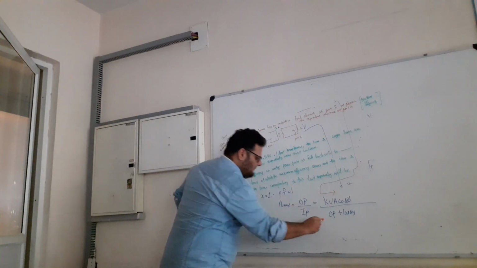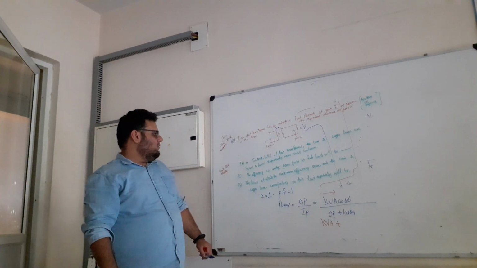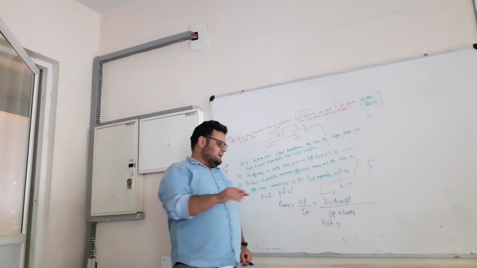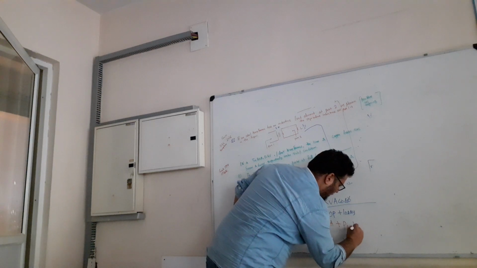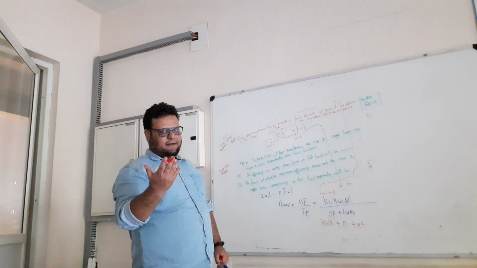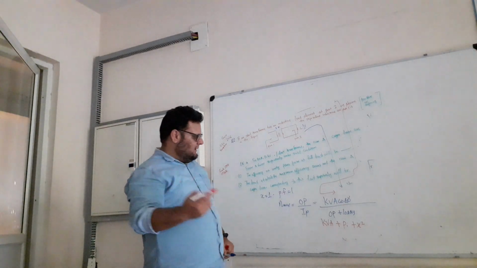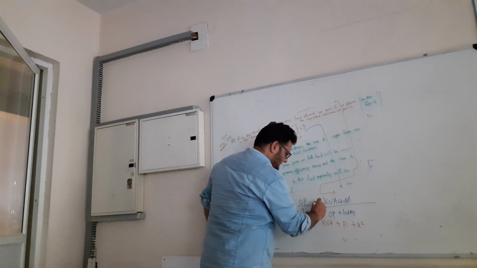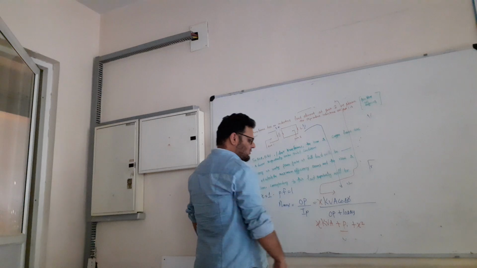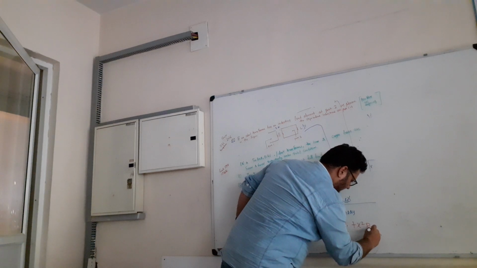So how do you represent? Output is the same as kVA, only you will write. Losses, now there are two losses. One is your copper losses and one is your iron losses. Iron losses as such remain constant, so you will write P_i as it is, but your copper losses depend upon this fraction. The full load copper losses happen at rated current, and when that happens, the value of that fraction X is taken as 1. Here also you have to multiply that fraction, X. Only in the case of iron loss will it remain constant. So be careful. So this would be X square P copper.